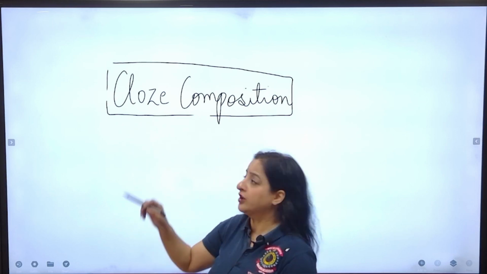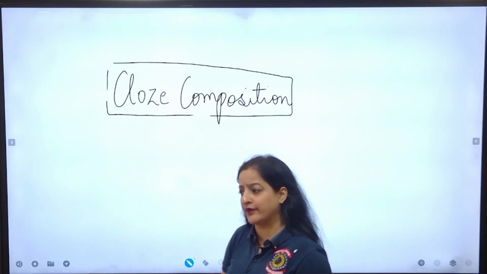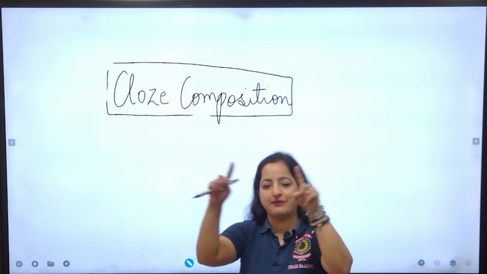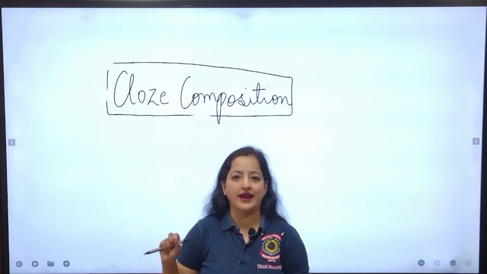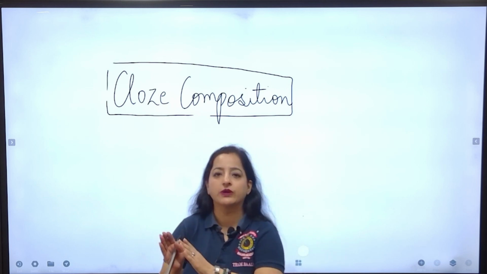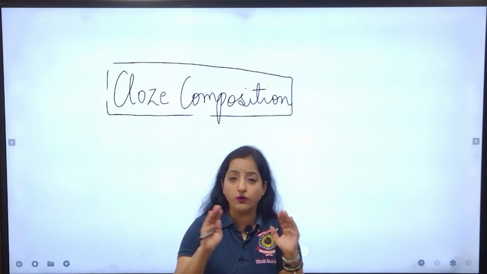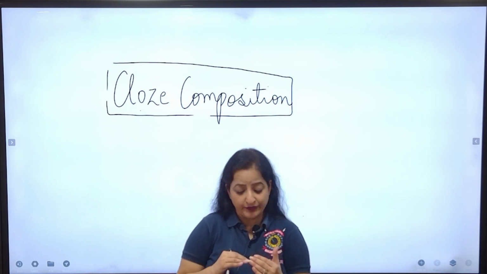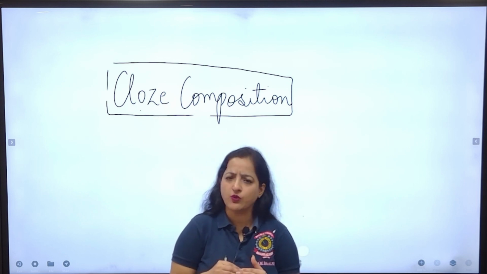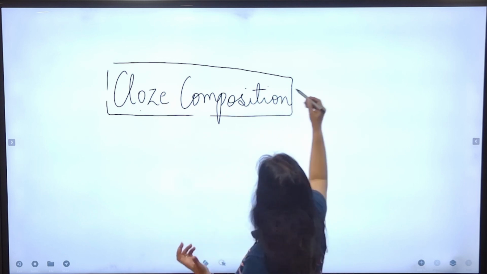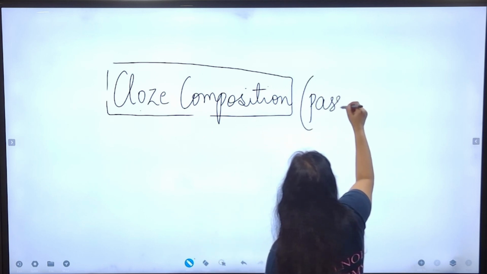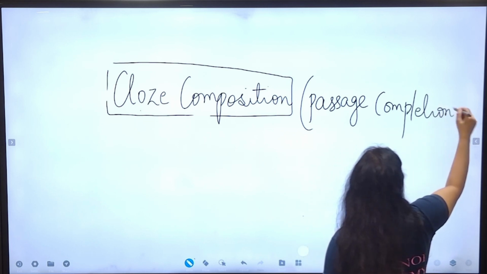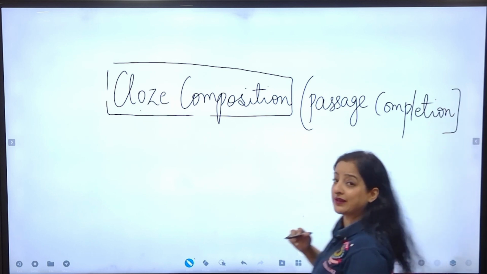Sometimes in the question paper, clause comprehension, even that heading is given, clause test, whatever we may choose to call it. What is it exactly? It is a passage with fill in the blanks. So one blank is closely related to the other blanks. They are correlated fill in the blanks, which is why it is known as a clause composition, as in the blanks are closed within a passage. So if you want an alternative name to this kind of a question, this is nothing but passage completion. By filling in the blanks, you end up completing the passage.